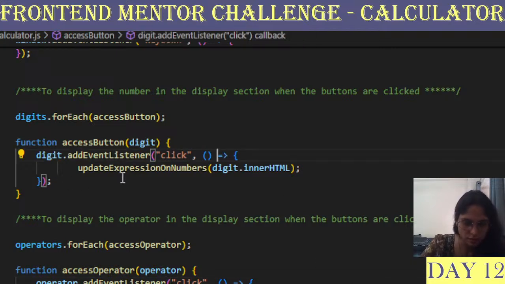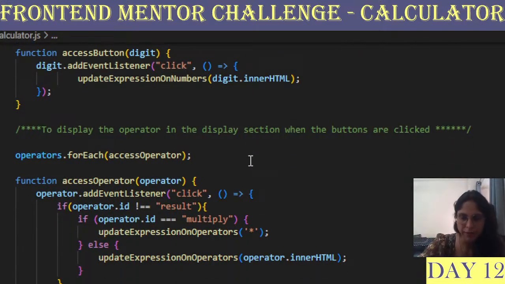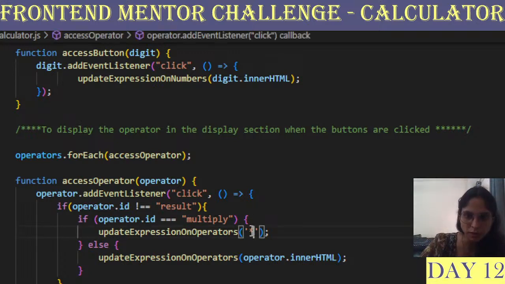And over here, since there can be multiple lines, it's better practice to use curly braces. Now one thing is in our keypad display, we have the multiply operation, but when JavaScript is executing, for multiply it wants this symbol. So that is what we are giving it. Otherwise, we can just give the operator.